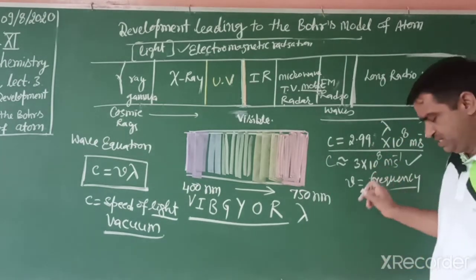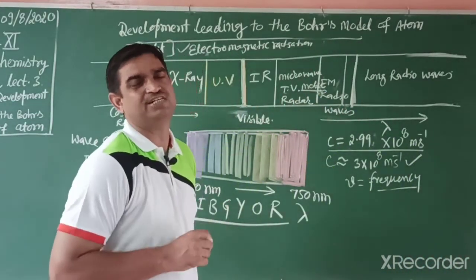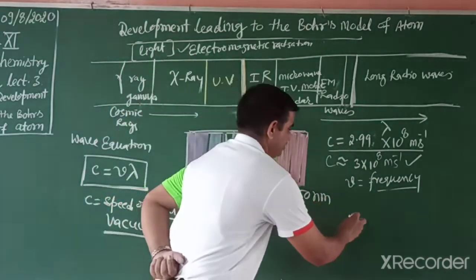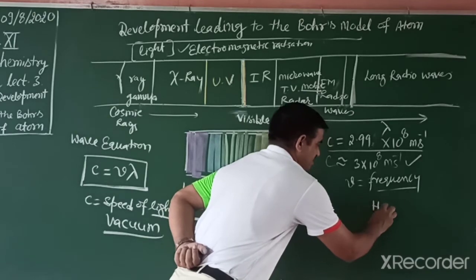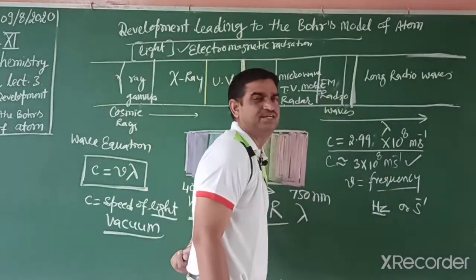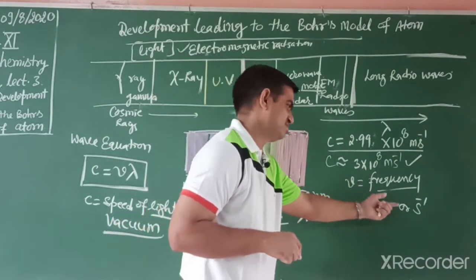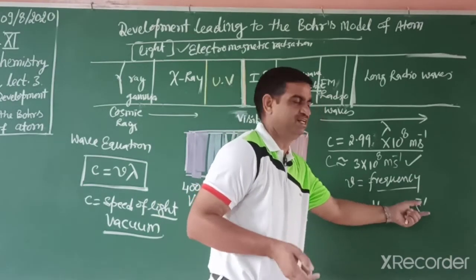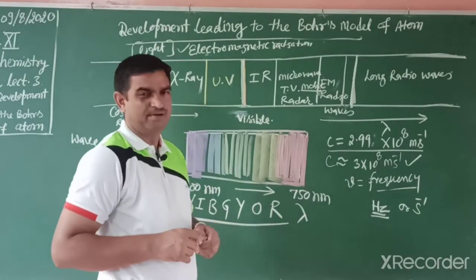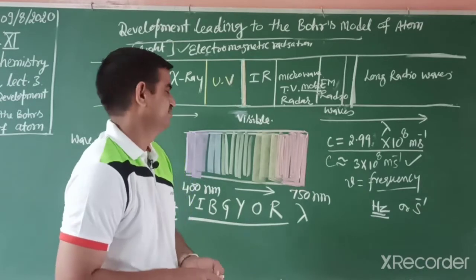And what is the frequency unit? A scientist, Heinrich Hertz, found this frequency. So its unit is Hertz, Hz. Hertz means second inverse, because it is the number of waves passing through a given point in 1 second. So that 1 second means second inverse. Second inverse's other name is Hertz. To remember, the scientist Hertz. So the frequency unit is Hertz.